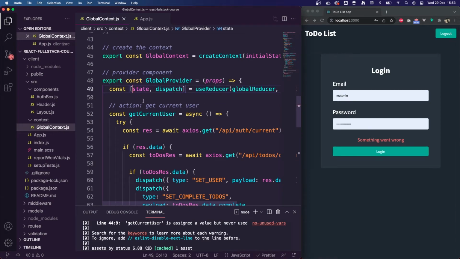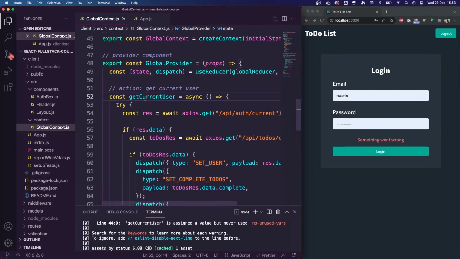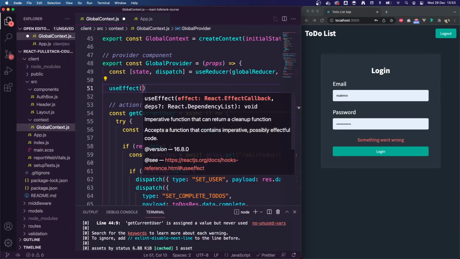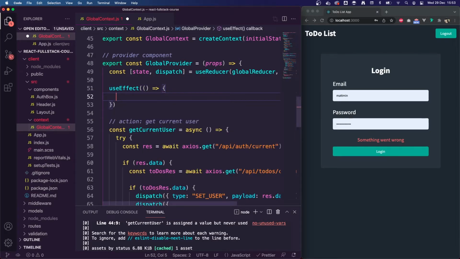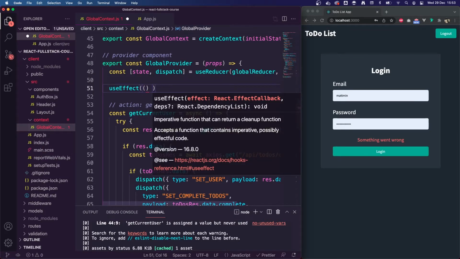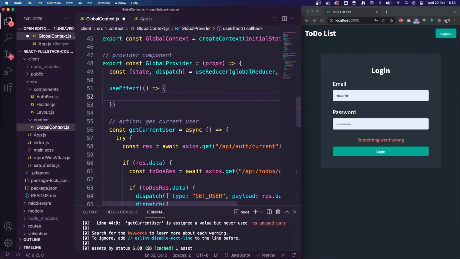I'm also going to make use of, so basically every single time the application starts or someone refreshes or loads up the page, I want to do an API request to get the current user. I want to see if there's an access token in the cookies. And if there is an access token, we need to provide the current data. So I'm going to make use of React's useEffect. That is a hook, and we're using it as a lifecycle method here. Inside useEffect, we're going to make an arrow function as the first parameter,